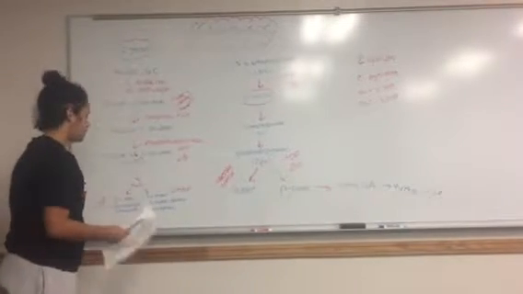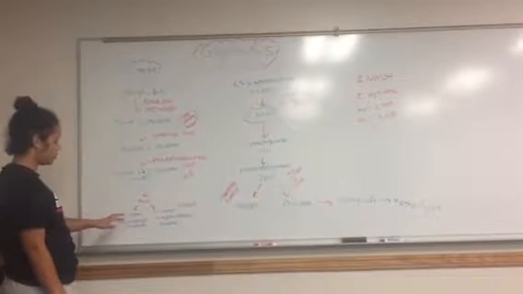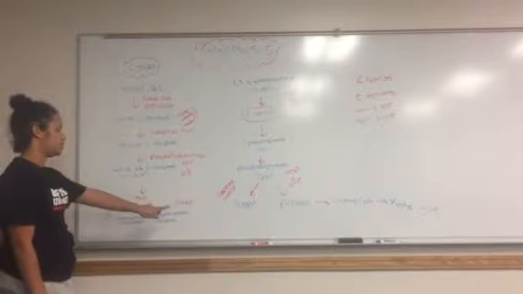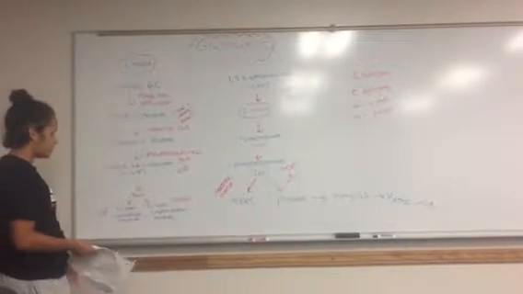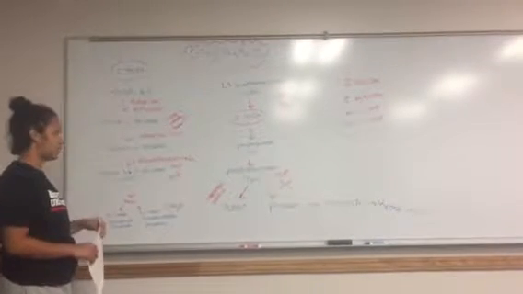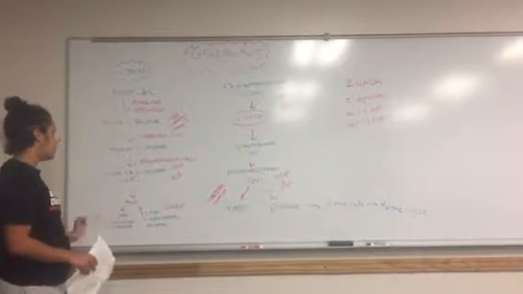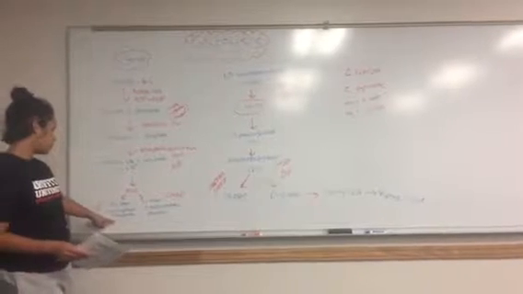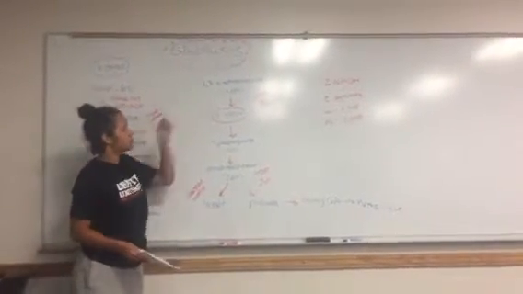And then after this step, it creates 2 3-carbon sugars, and it is either GAP or DAP, and that is glyceraldehyde 3-phosphate or dihydroxyacetone phosphate. So it can go to either of these, and then after this step, it goes from a glyceraldehyde 3-phosphate to a